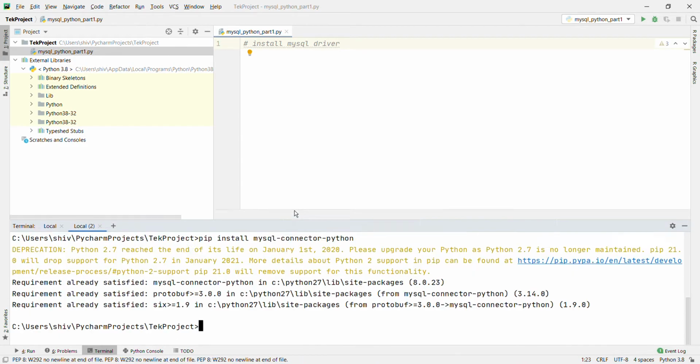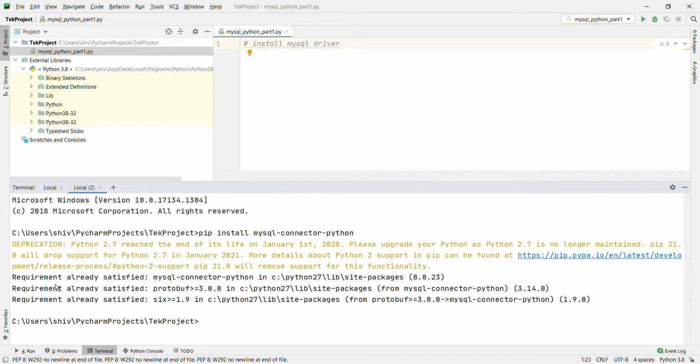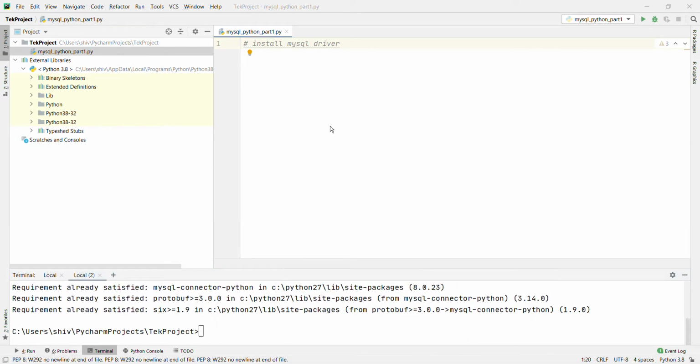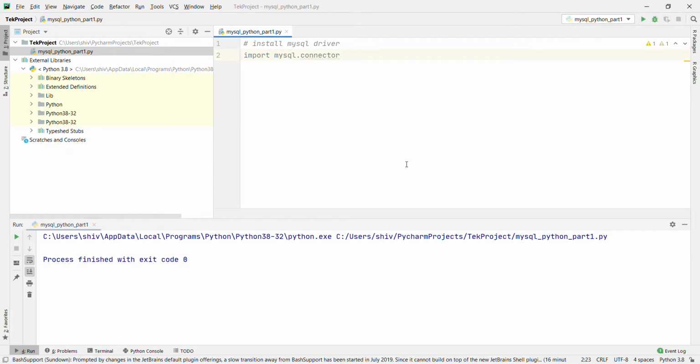Now you can see that in my system MySQL Connector is already installed. Now we are going to import the MySQL connector: import mysql.connector. If you run this and do not get any error, then you are importing the MySQL connector correctly, and it is working fine.